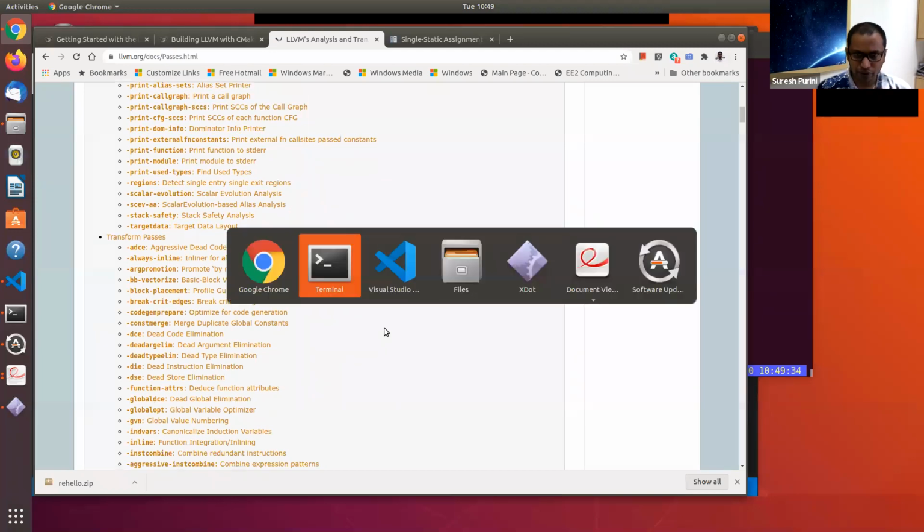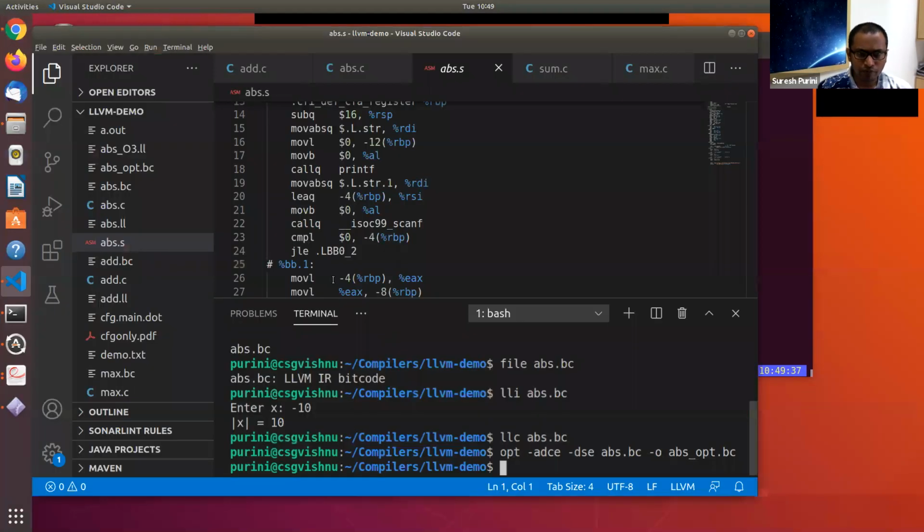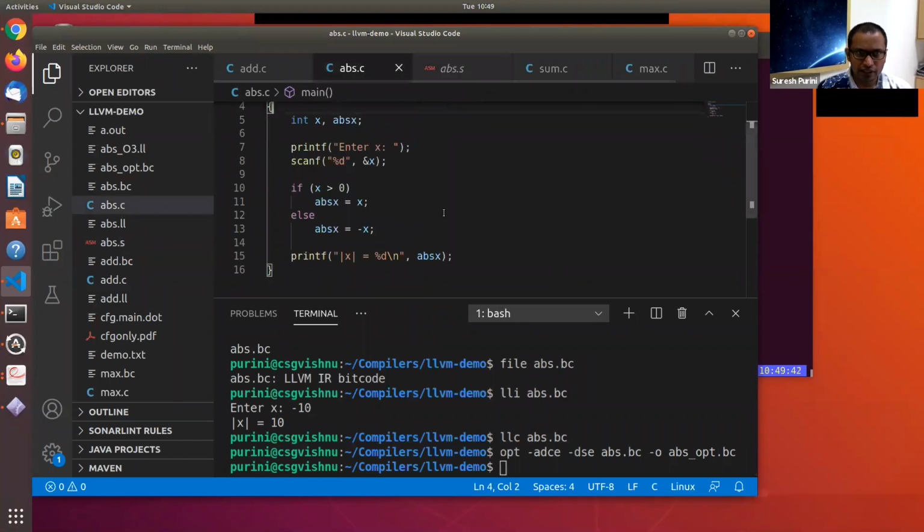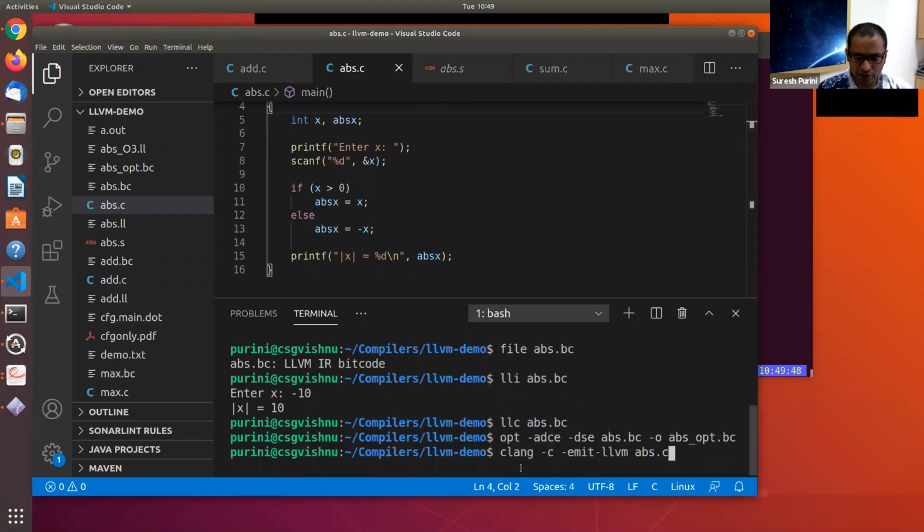Great. So now let's go back here. We are looking at this abs.c, and we used this command to generate LLVM IR in a bitcode format.